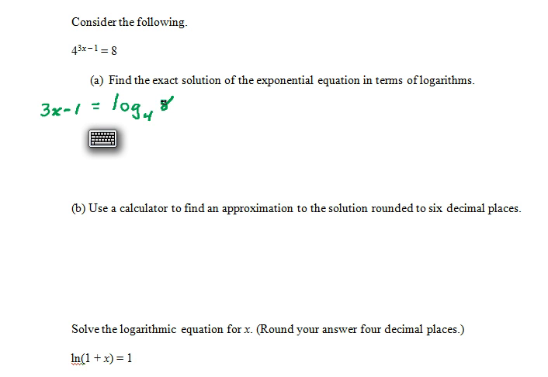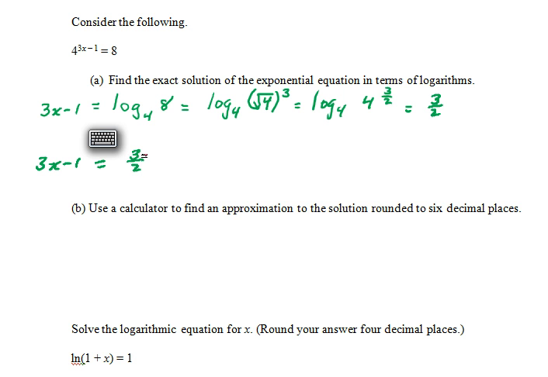This time, since 8 is the square root of 4 squared, the square root of 4 to the third power, which can also be written log base 4 of 4 to the 3 halves, we get that the log base 4 of 8 is 3 halves. So we have 3x minus 1 equals 3 halves,